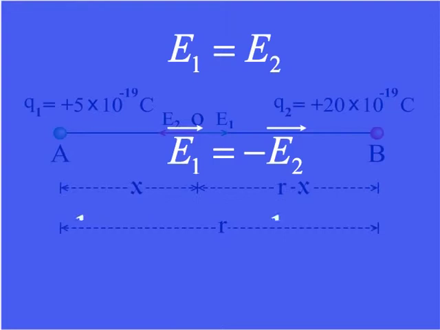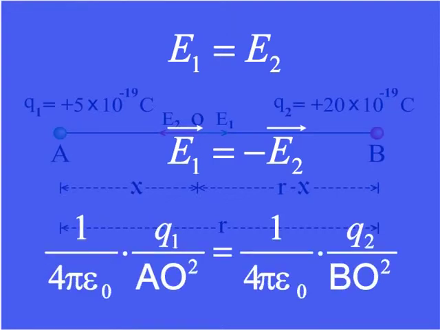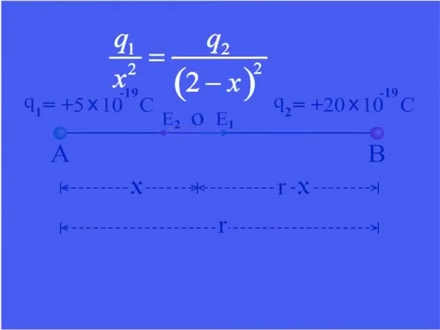This means 1 upon 4 pi epsilon naught into Q1 upon AO square is equal to 1 upon 4 pi epsilon naught into Q2 upon BO square, or Q1 upon X square is equal to Q2 upon